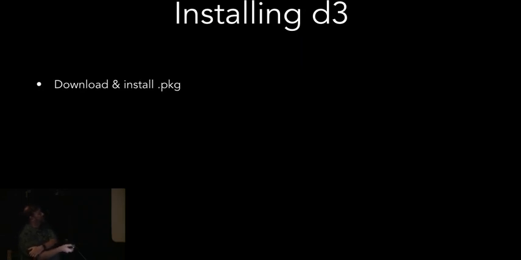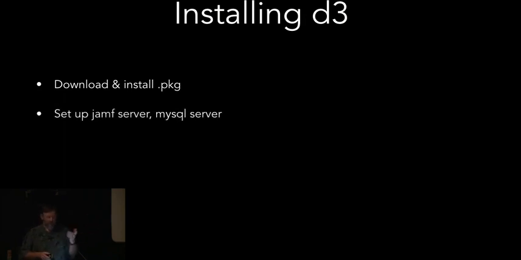So how do you install D3 and get it going? I've got it on the website. I've got a PKG installer, so you can just install the PKG. It'll install the D3 libraries and all the supporting libraries. It'll install the command line tools. It'll help you get some of the stuff set up for repo man,